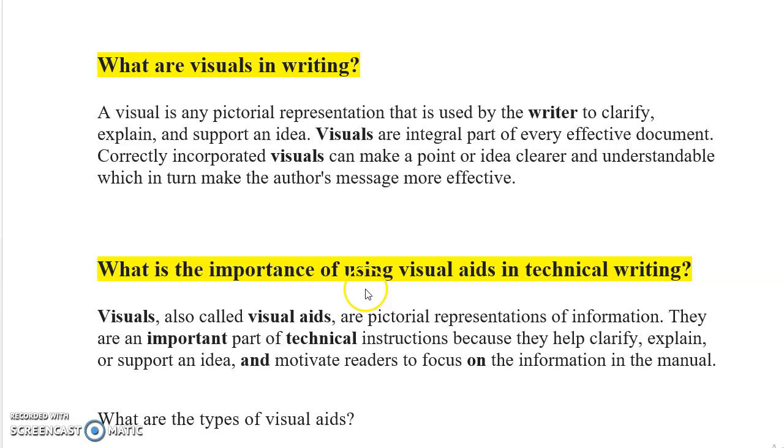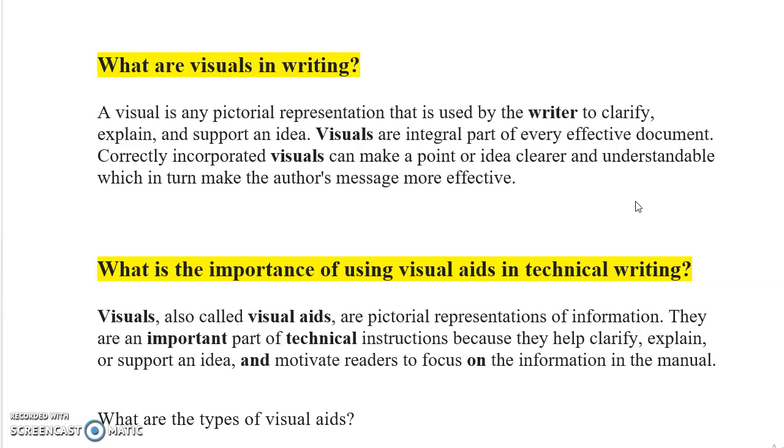At the beginning, it's good to see what is the definition for visual aids. It is defined as any pictorial representation that is used by the writer to clarify, explain, and support an idea. Visuals are an integral part of every effective document. Correctly incorporated visuals can make a point or idea clearer and understandable, which in turn makes the author's message more